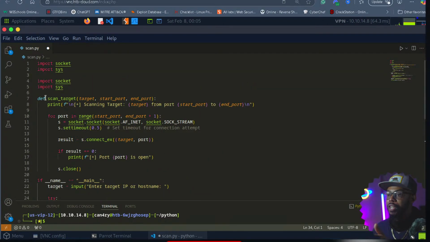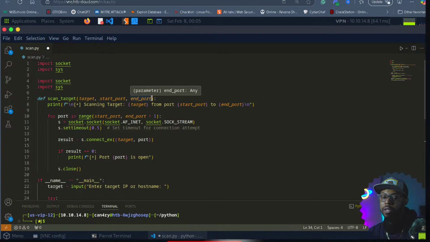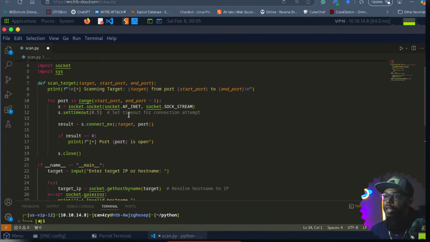So, like we were seeing on that cool website, def is how you define a function, right? And they're naming it so the next person can understand. It's called scan target. And where we left off, there was a bunch of what do we call these? Inputs? Parameters. It's right there in my face. And then we wanted to print. Remember that F does that. And then inside here,